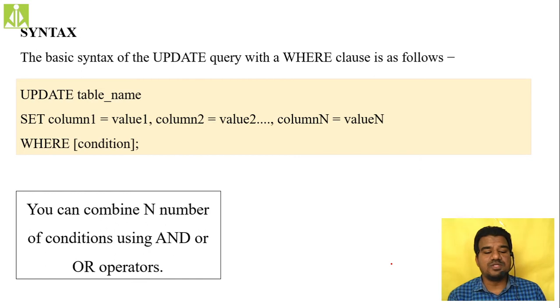Set what columns you want to change. That indication you have to give over here. Update table, set columns to be modified, where any identification you have to give, so that only that particular row gets affected. If you don't give the where followed by the identification or the condition, then what will happen? All rows will be modified. It is a problematic thing. Modifying all the rows is a problematic thing.